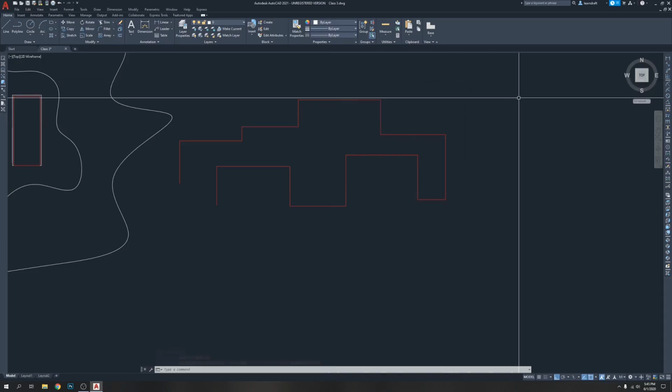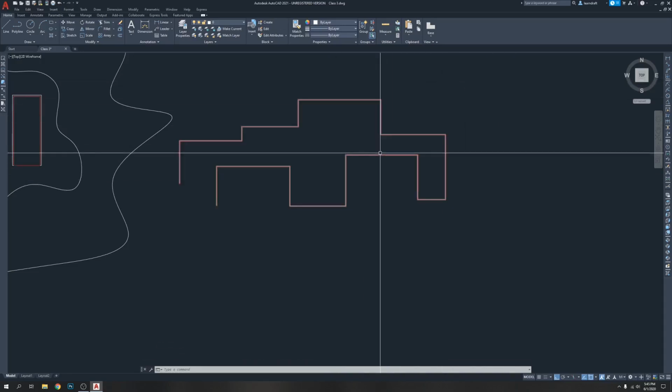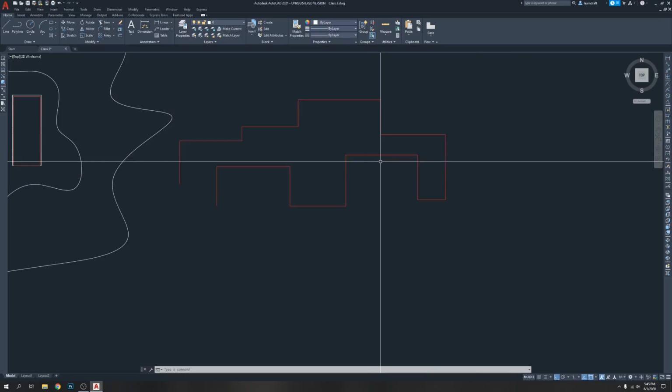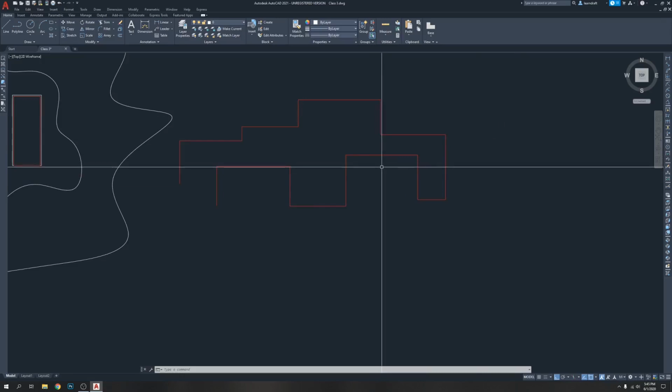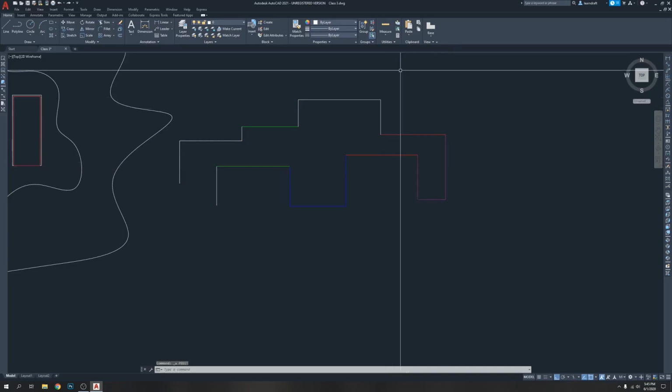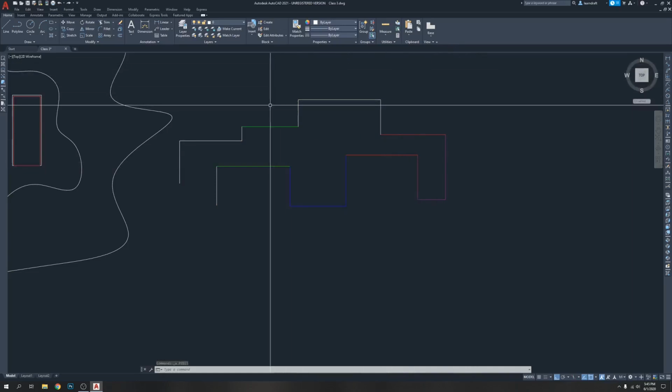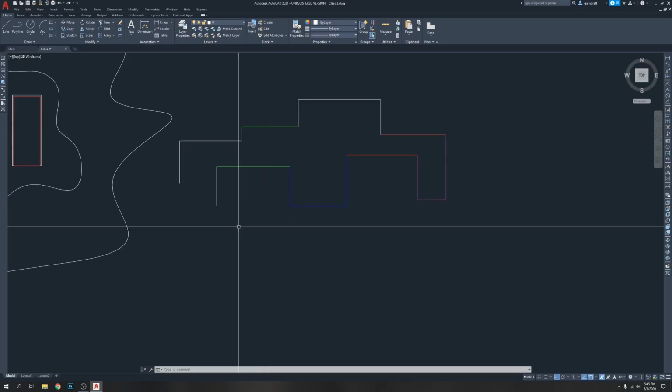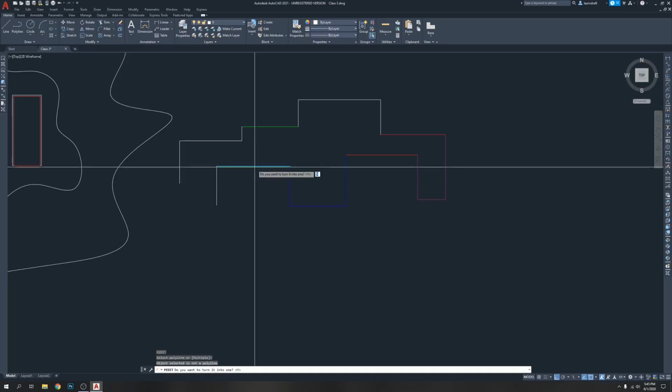So look at this, all the lines become red. Why do all the lines become red? Because the object line was the one we selected at the beginning, this one was red. Now press Ctrl Z to go back, Ctrl Z. Now this time we're gonna make it this green one. So PE, enter, select object which is polyline, asking if you want to make it one, yes, y is there,